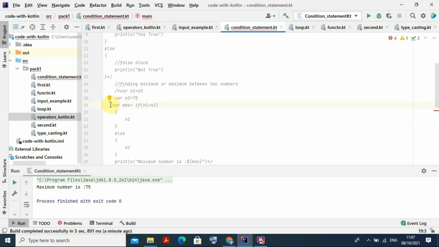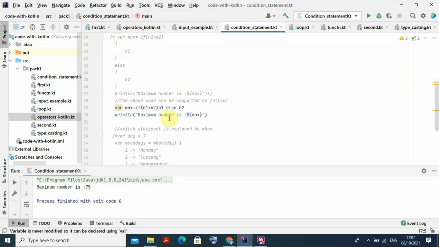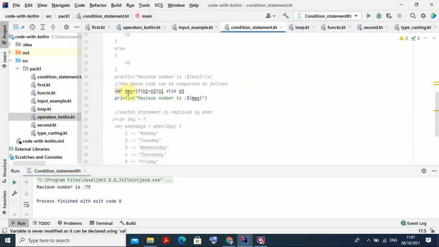I put it here, put a star sign here, and these 2 I uncomment. Okay, back. So I declared variable n1 is 65, variable n2 is 75. Then what is it telling? Put var max if n1 greater than n2, if this is the case n1 else n2. You see, no need to write all the things. And println maximum. You get it now? The same output you will get. So now I am running this program.